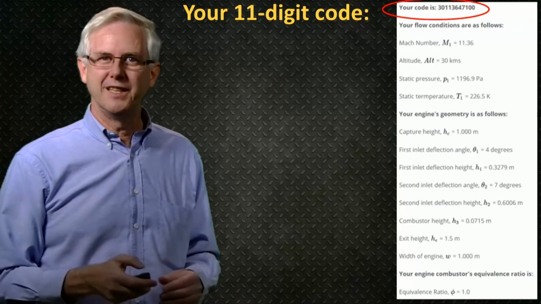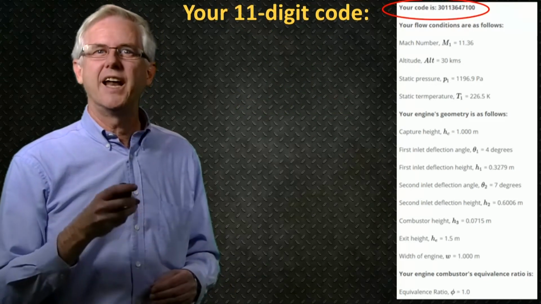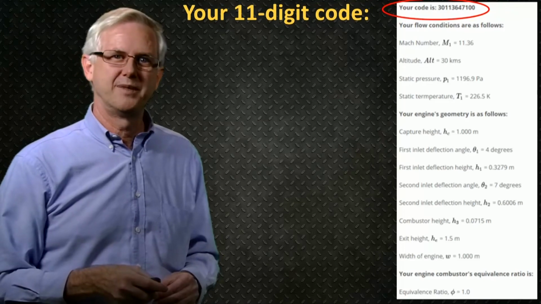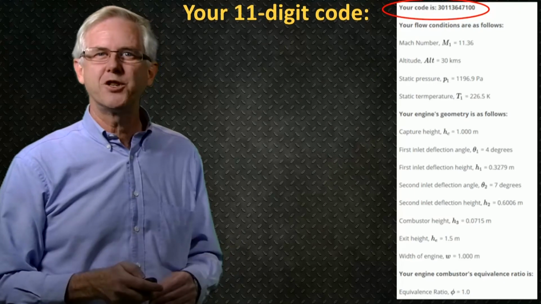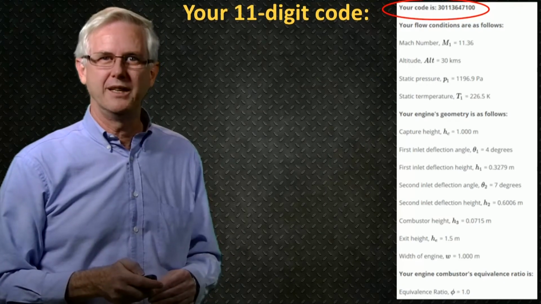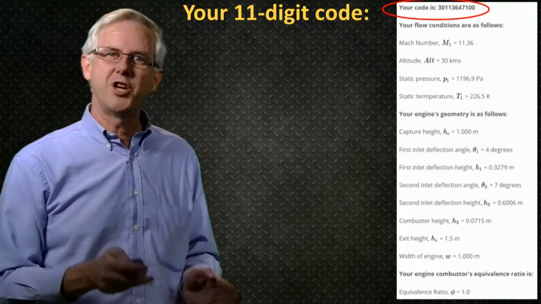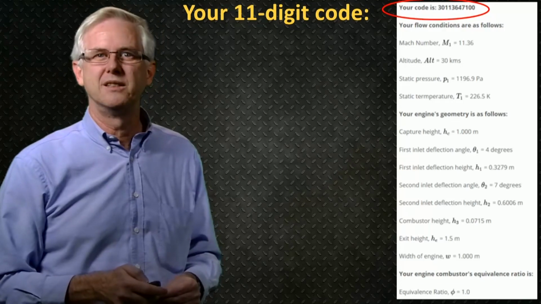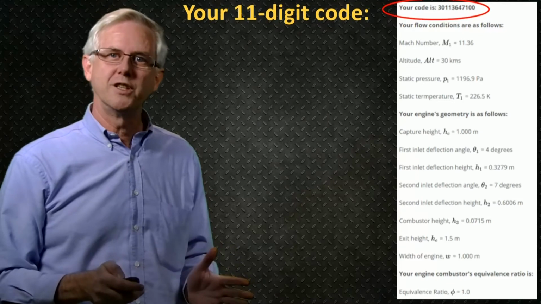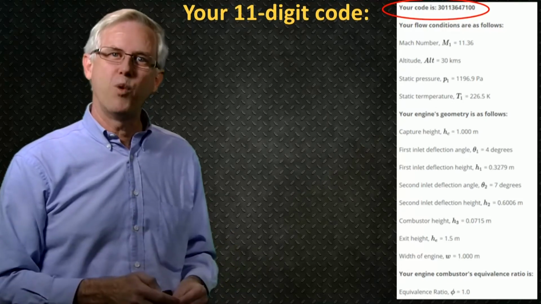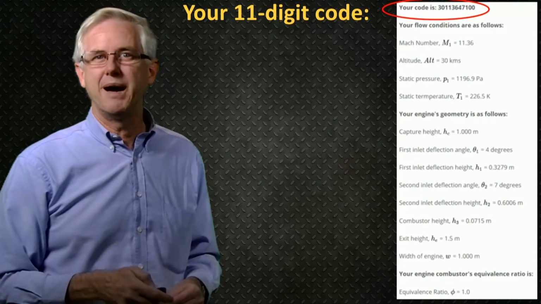At the very top of this information is an 11-digit code. This code is very important. It contains all the information about your flight condition and geometry that you'll need to be able to check that your answers are correct. Make careful note of your code. If you lose it, you can always come back to step 1 and click on the Show Answer button again